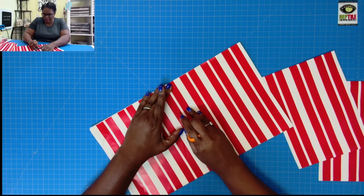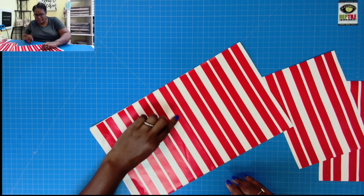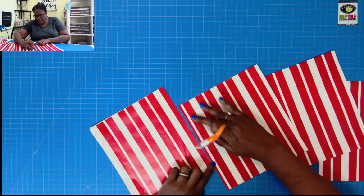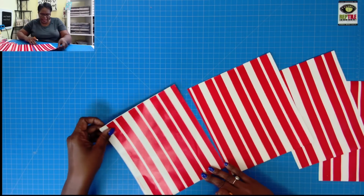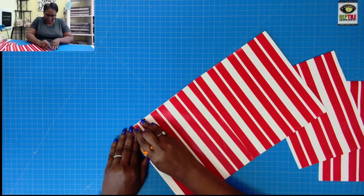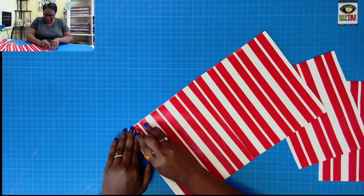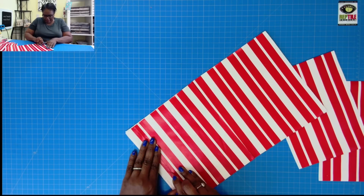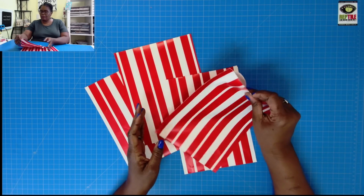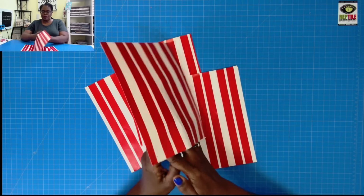I can also see my tape line. You can't see it, but I can see the tape line right there. And I can see the tape line right over here. So I know I need to cut in the middle. Then I can see my tape line right here. And I just need to cut right there. And so now what you end up with are 4